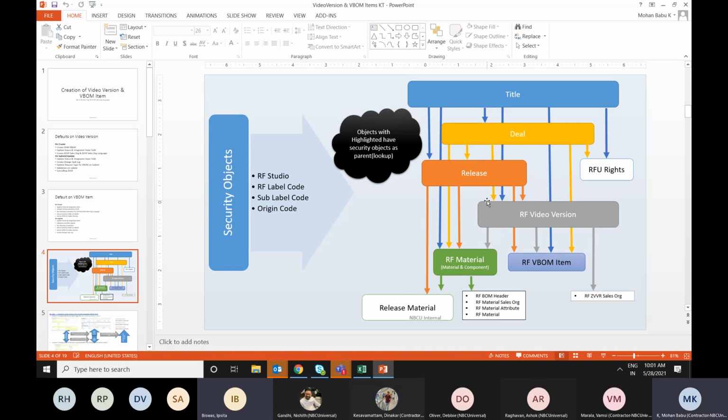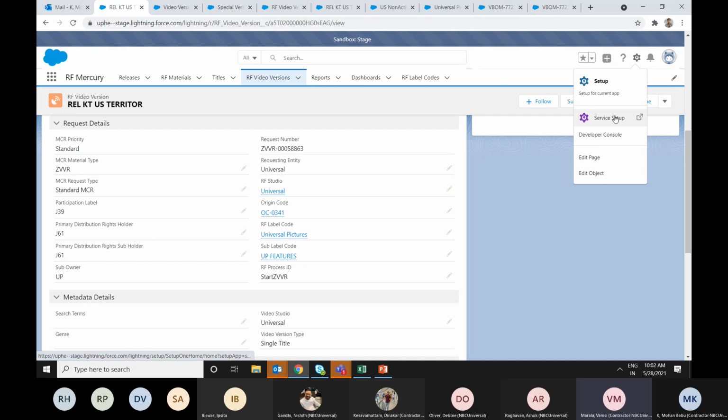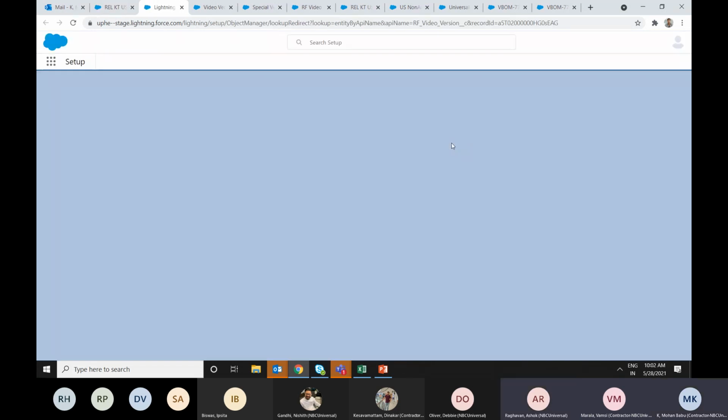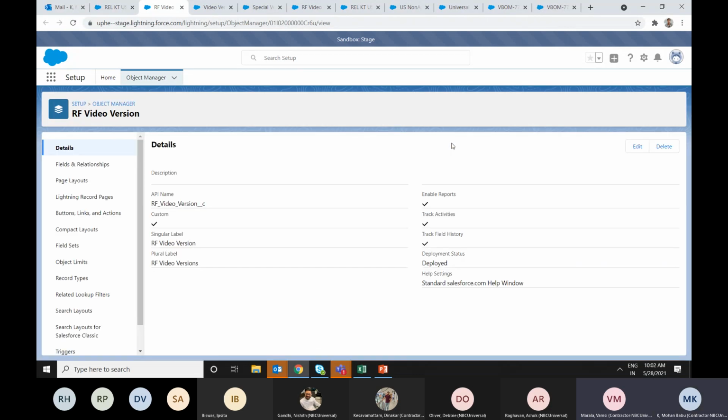Vamsi, can you send us this slide as well, if you can? Yeah, I'm going to ask Mohan the same. Mohan, can you reply all to the same meeting and send yesterday's slide and today's slide and the other two documents which we prepared for the RF material and the other one? And Vamsi, make sure you include the schema. Yeah, yesterday we discussed that. We'll include that. Ashok, there are a lot of objects, so the schema will be a bit confusing. So we are trying to make a separate document for the schema. Okay. We'll make it and upload it. Okay, thank you.